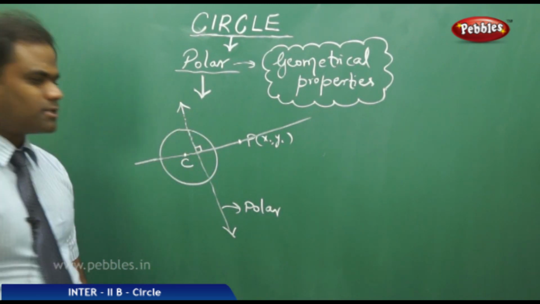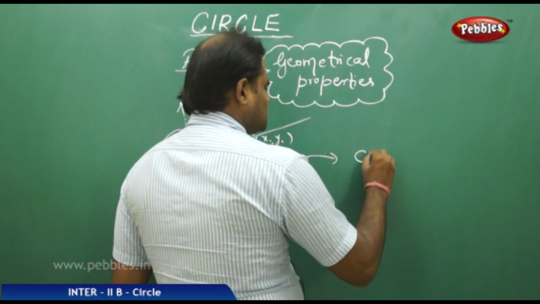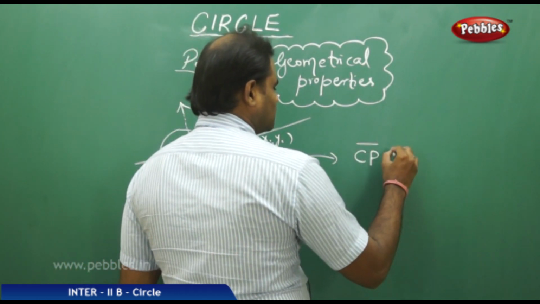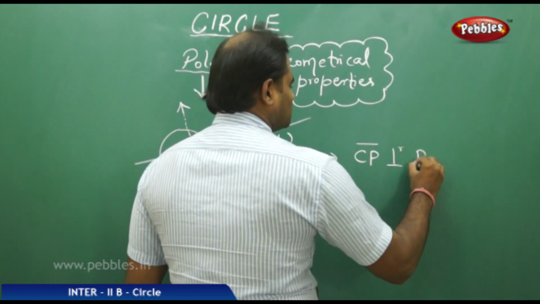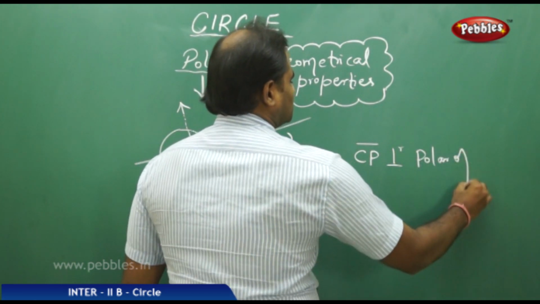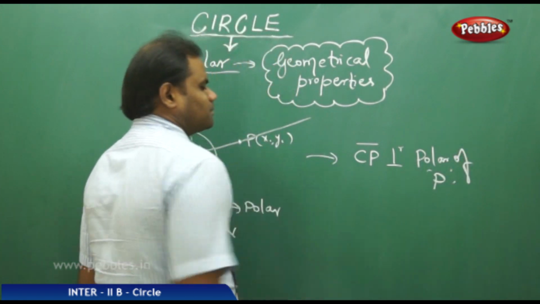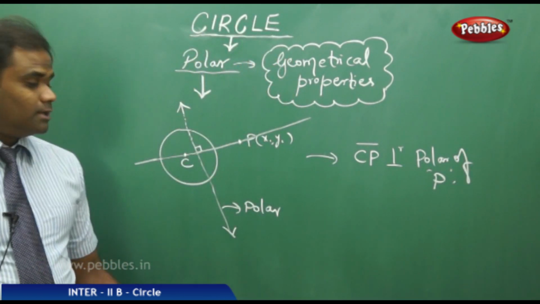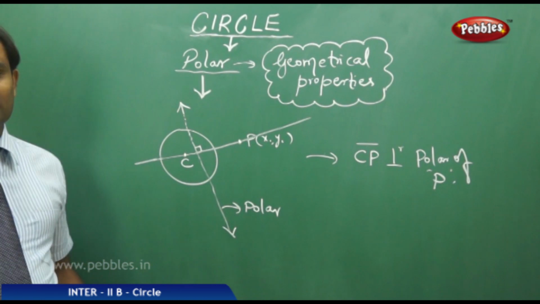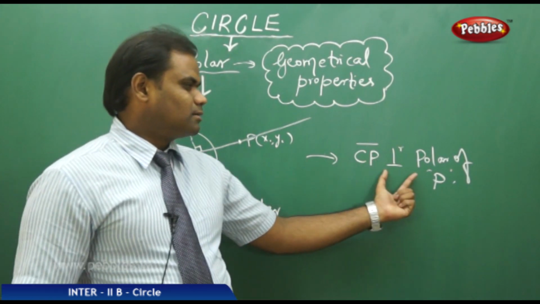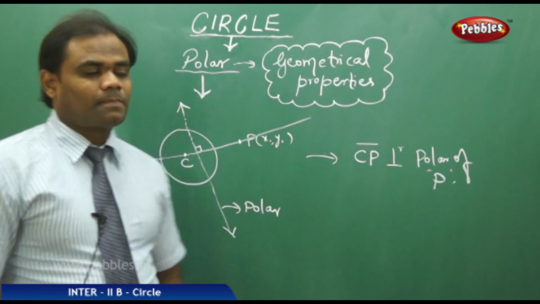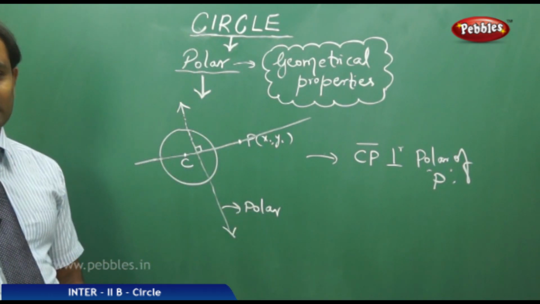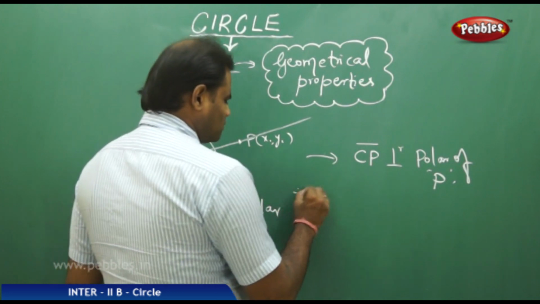So we have to understand that CP, where C is the center of the circle, is always perpendicular to the polar of P. Whether P is inside, on, or outside, CP is always perpendicular to the polar of P. This is one of the geometrical properties which we identify,